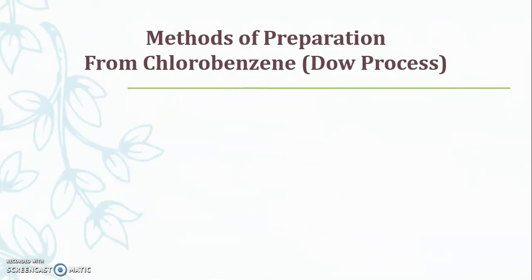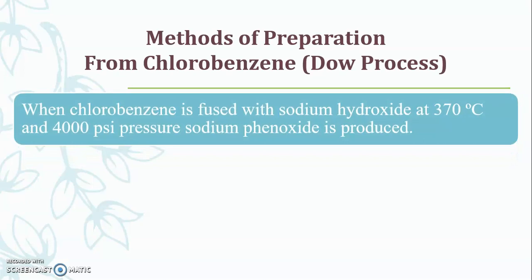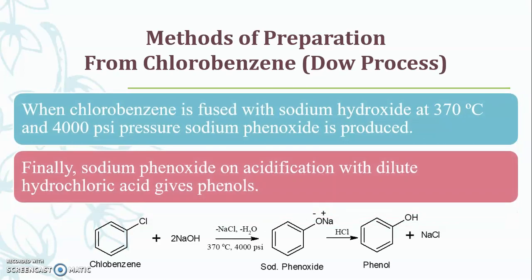Now, the first method used for the preparation of phenol is from chlorobenzene. This method is also known as Dow's process because it was first invented by the scientist Dow. That's why this process is given his name. Now, what does this particular method involve? In this method, when chlorobenzene is fused with sodium hydroxide at 370 degrees and 4000 psi pressure, sodium